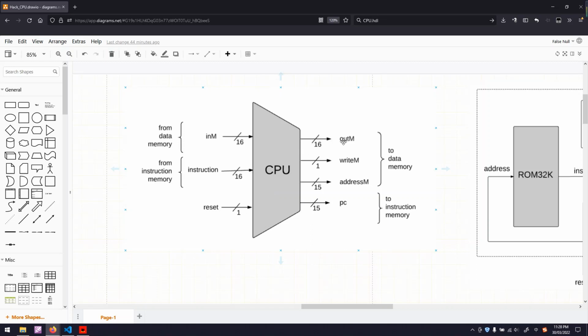The outM is the output data to the data memory. writeM is a single-bit signal that tells the data memory to take a new input value. addressM specifies in which memory location the memory should put the new input value. And the PC is a program counter that points to one specific